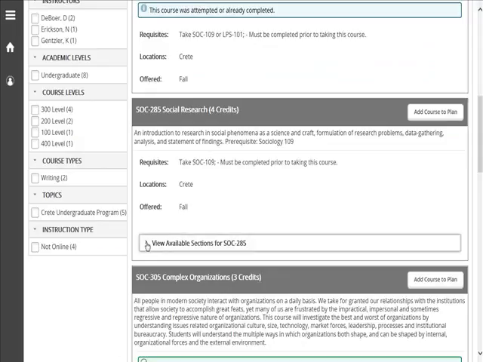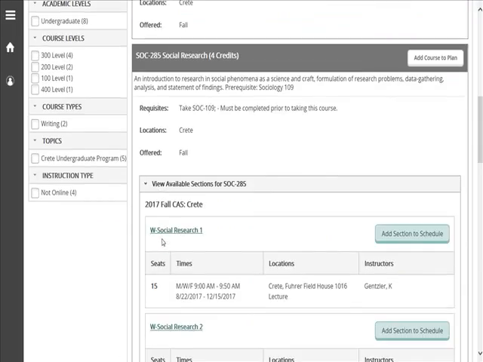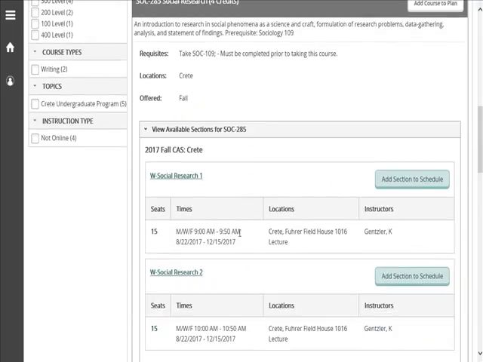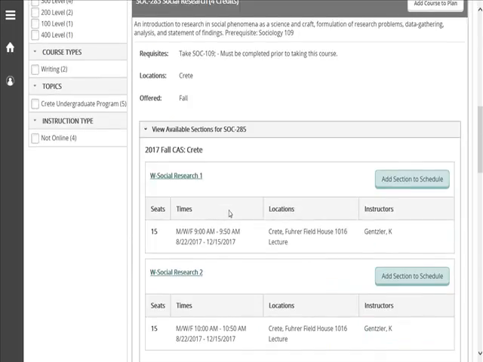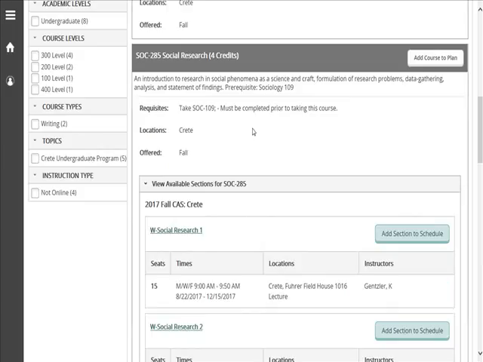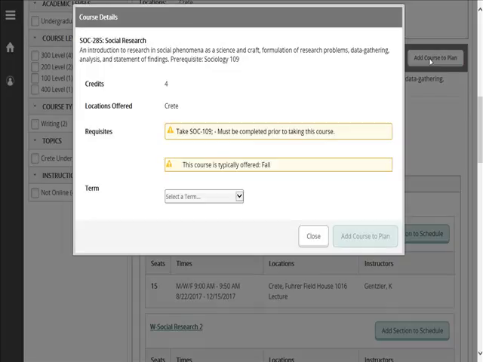So I can pop open this box to see the fall schedule, and there are 2 different sections available. Since there are 2, and I'm not sure which one will work best on my calendar, I'm going to add this course to my plan instead of the section, and I'll worry about my section later when I can plan all my days and times. So to add this course, I clicked up in that upper right hand corner,